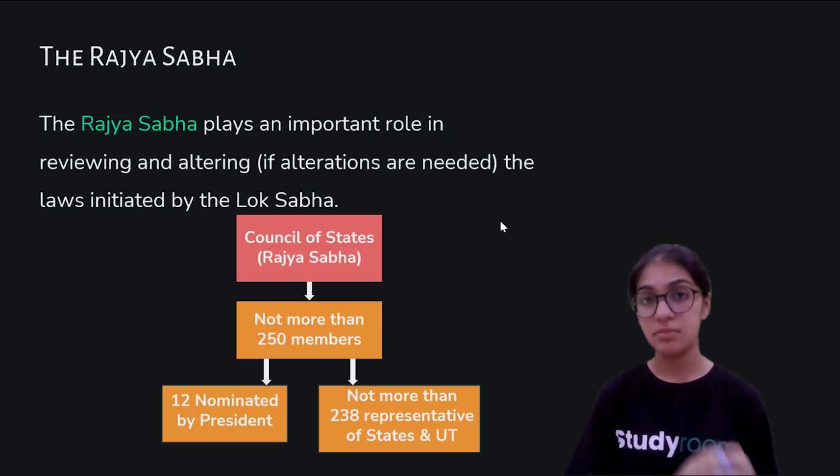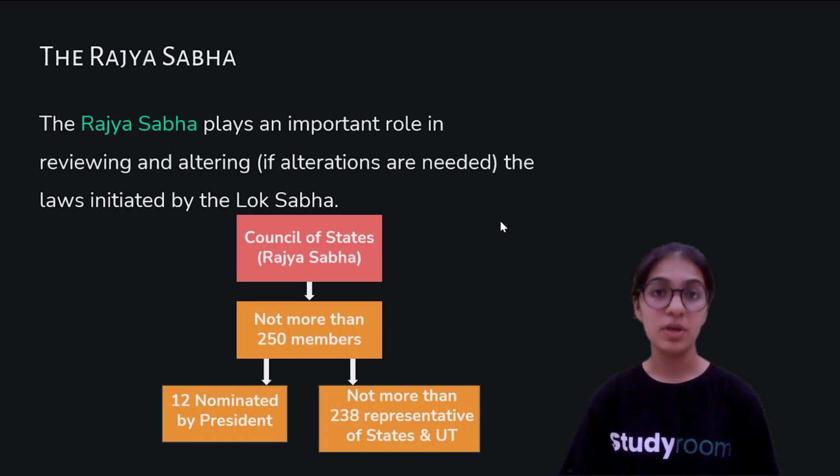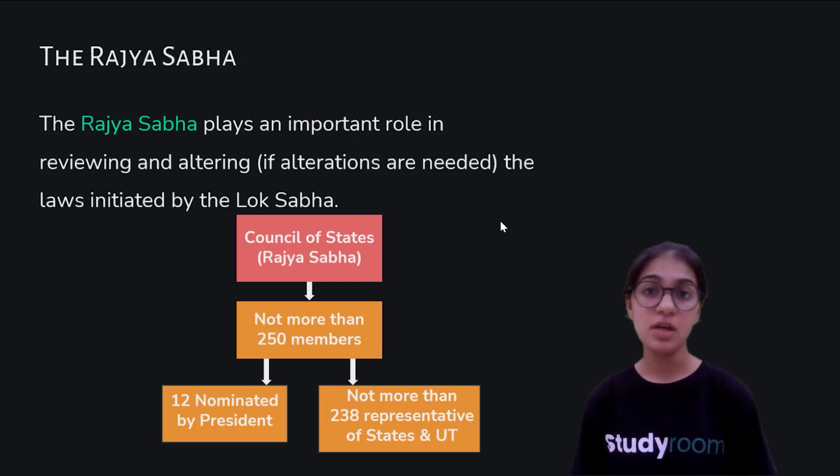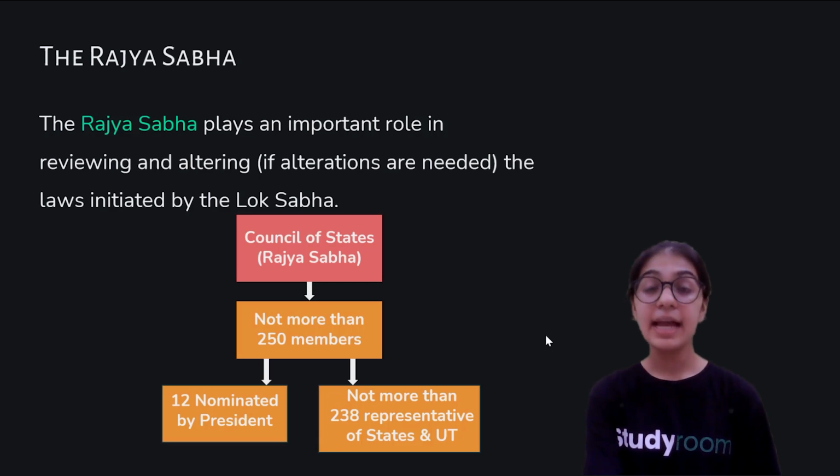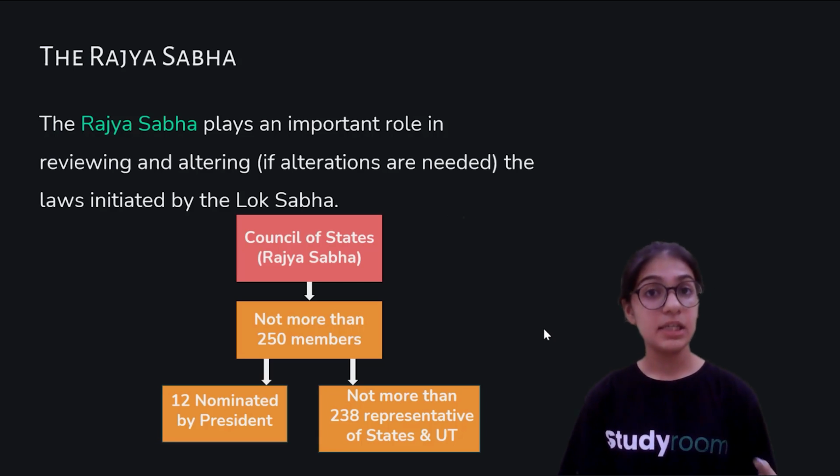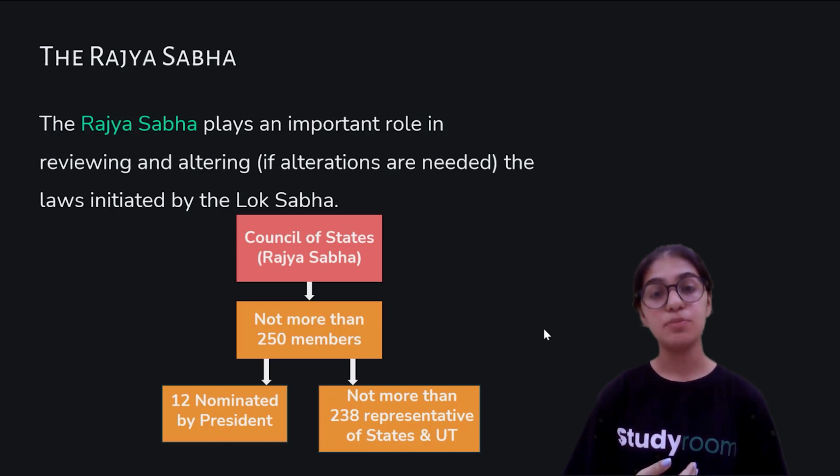The bill will just be the bill on which new policies and laws are written. The bill has to be passed in both houses. Then it becomes the law. And yes, they are elected by the members of the legislative assemblies, but the total members shouldn't exceed 250 members.